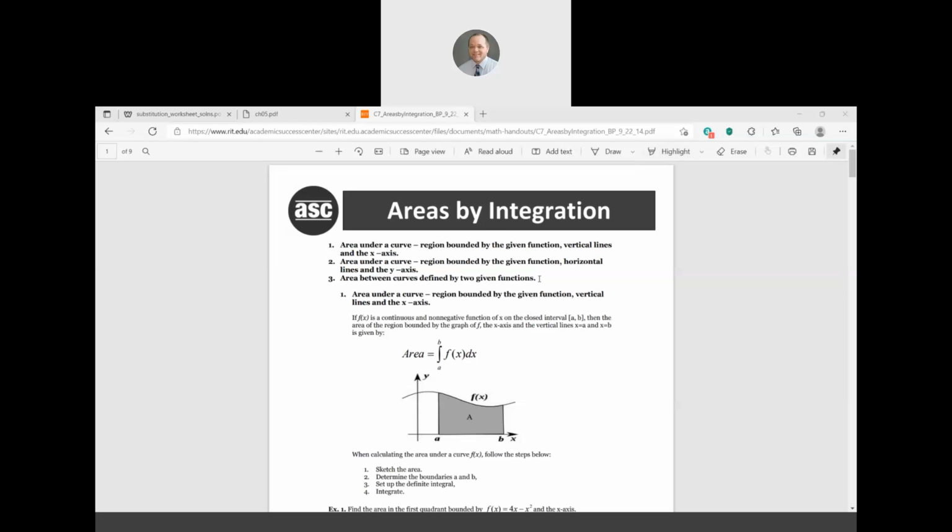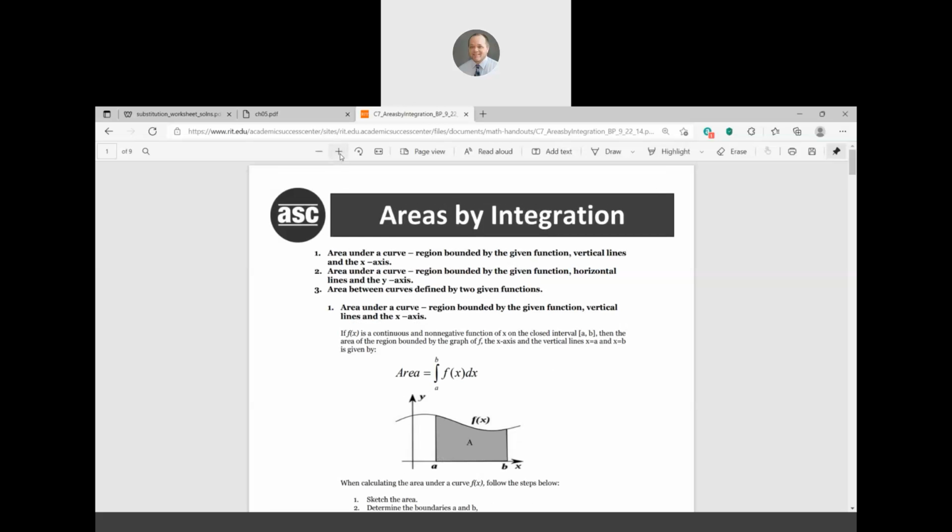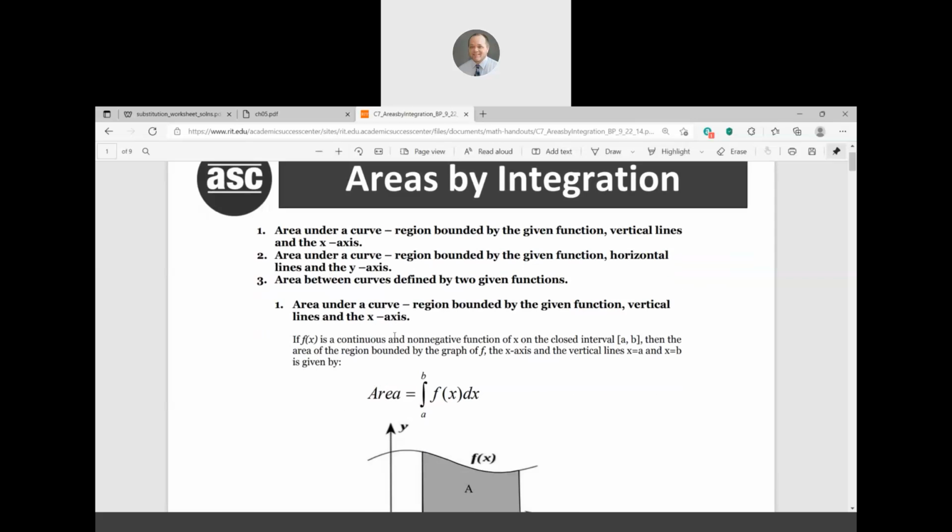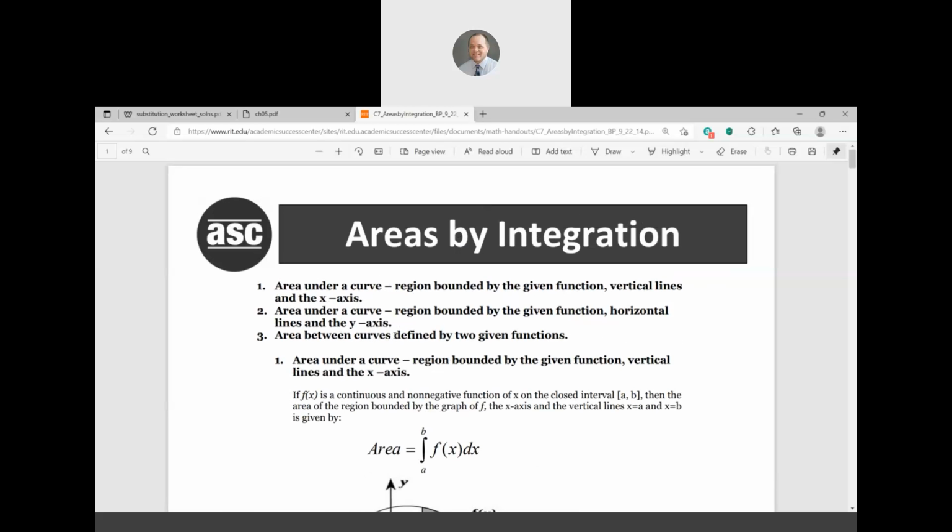Today, like I said, I did not, in my opinion, do a good job of explaining area under a curve and area between curves the other day. So I wanted to go back over that briefly. Starting with, and I borrowed these notes from online, as you can see up in the address bar, area under a curve